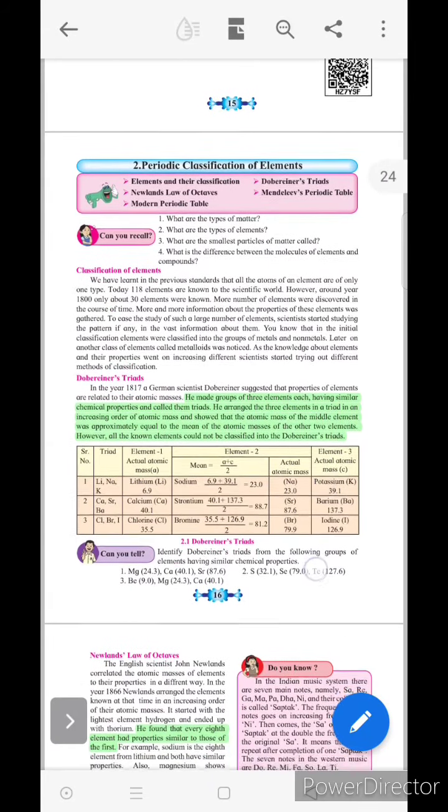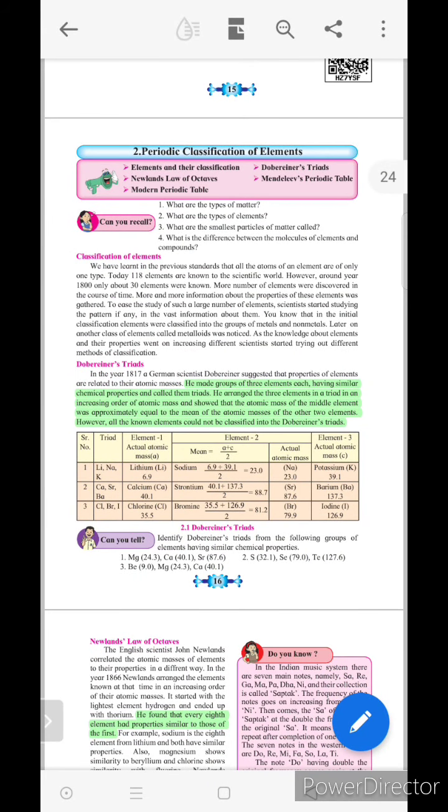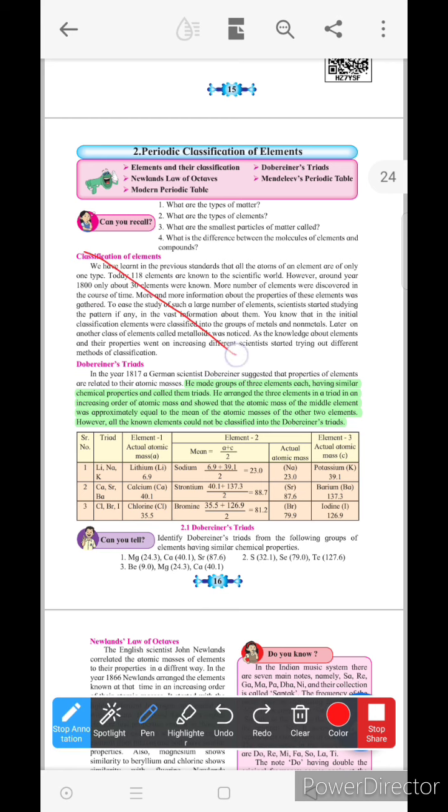Now we will move on to lesson number 2, page number 16. Here the topic Classification of Elements is removed, and the box number 2 and 3, these two calculations are removed. The first calculation is there in your syllabus, that is not removed. पहले नंबर का कैलकुलेशन रहेगा, दूसरा और तीसरा नंबर का कैलकुलेशन आपको एग्ज़ाम में नहीं पूछा जाएगा.